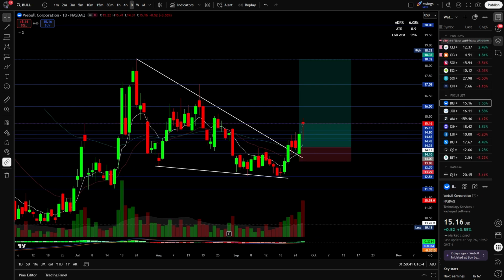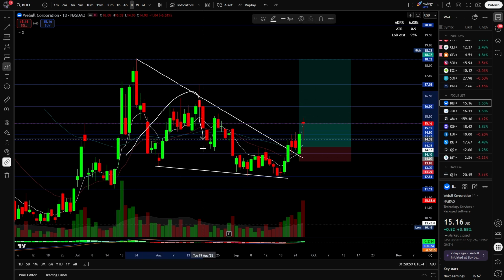Now a textbook wedge pop here is going to be Bull. Now this actually hasn't played out yet, and it may not, right? This might fail, but this is going to be one of my hopefully best trades of the year if it plays out fully. But let me get into why. Okay, so I told you guys on these wedge pops, you'll see a run-up with volume, a downtrend consolidation phase, EMAs not in order,